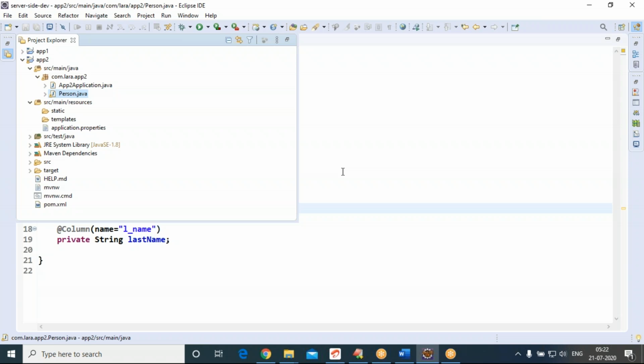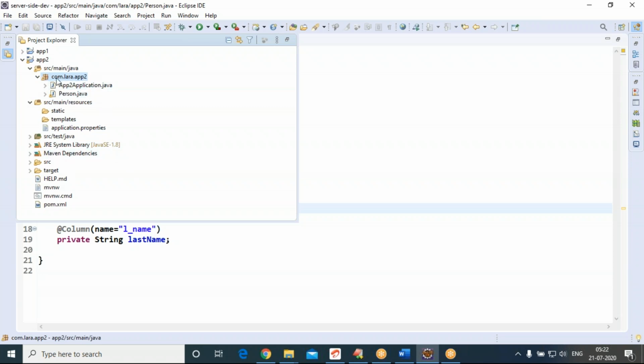It can be inserting, updating, deleting or reading. Insert, update, delete, read, all we can do through a repository. Let me show how to create a repository and how to use it.